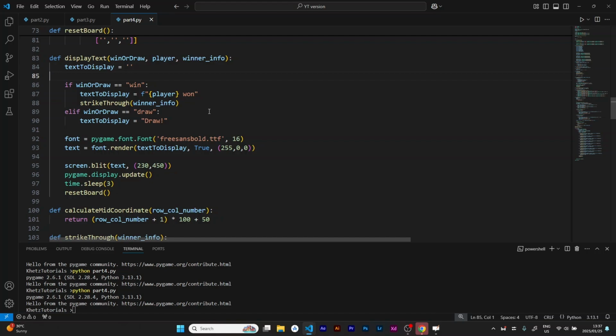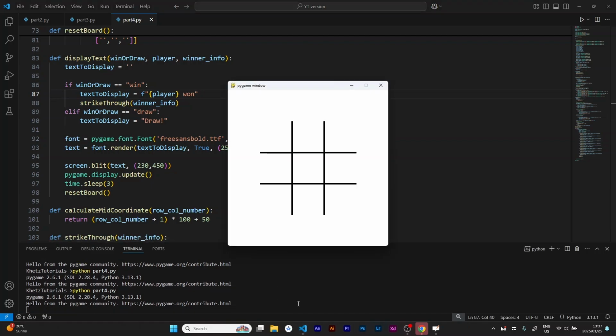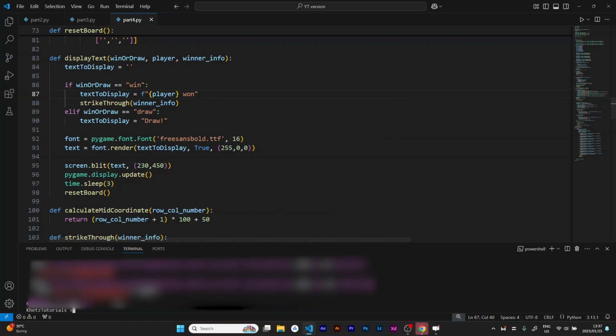Winner information tells you whether you have a row, column, or diagonal win, and where that win is if it was a column or row win. So I've placed that in there. Let's see what happens if we do that. So let's run it. Then let's start with the diagonal win. So there's an error,